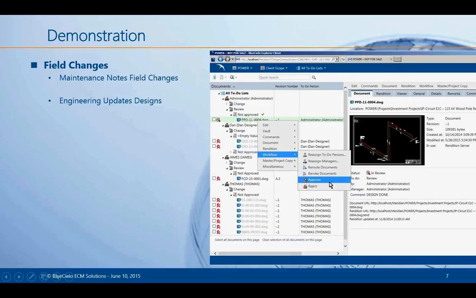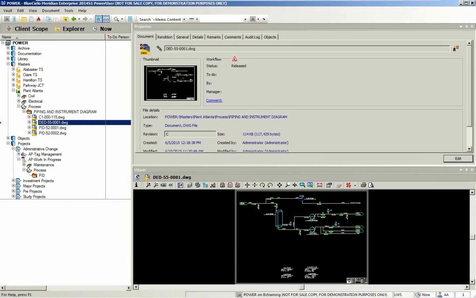So what we saw is the engineering change happen. We saw a notification go out to the designers who made a decision to implement the changes that the maintenance worker has requested, and those changes were put through the review process and released. And now what we have is the new or updated master document. The new master document now is released, but what do we know about the